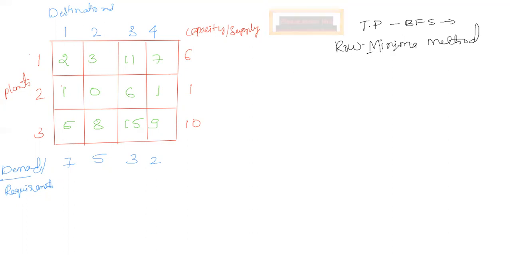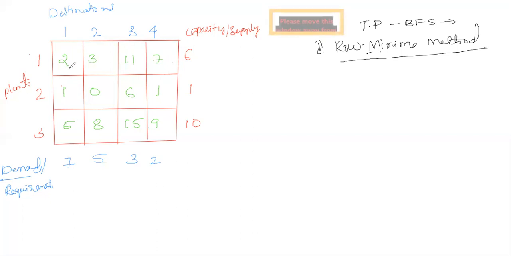Okay, as the name says, row minima, we need to identify a cell in a particular row. Whenever selecting a row, in that row we need to identify the minimum value. This is the problem, and that is a cost matrix, these are the costs. So that is the minimum cost we need to identify in each row. The first method is NWCR, the second is the row minimum method.